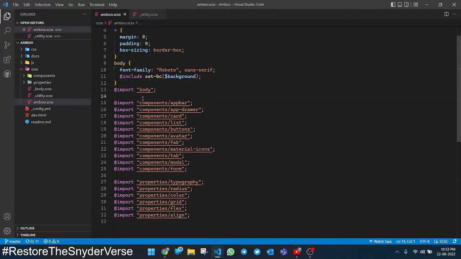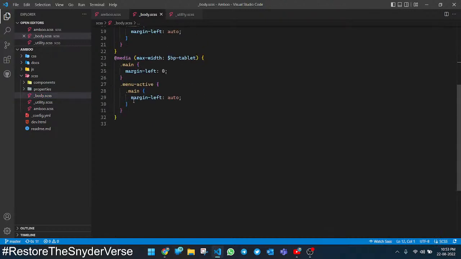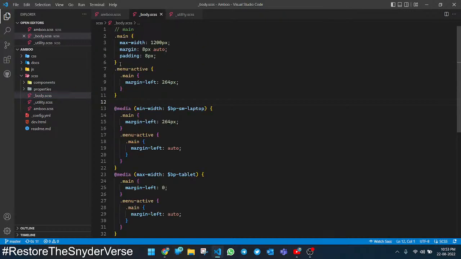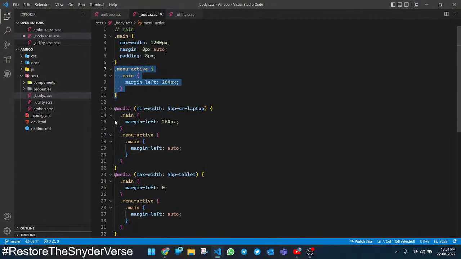Then we are importing the body. This is the body. What we have in body is some CSS for the main section and main active. This main active is when the sidebar is active. Like, this is the main and this is main active. Okay, then we have media queries